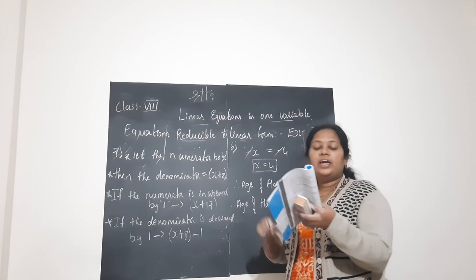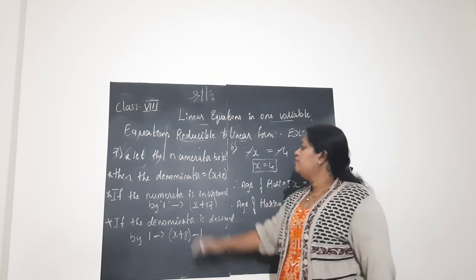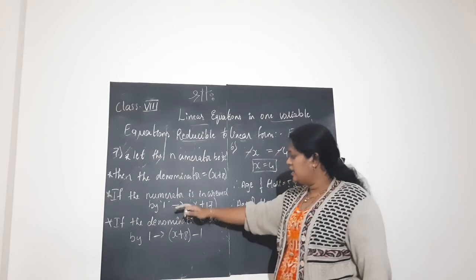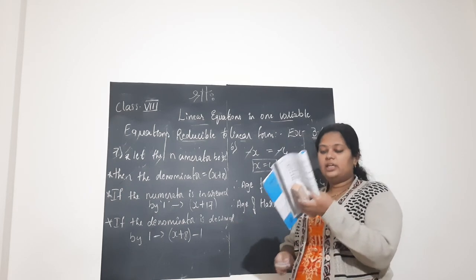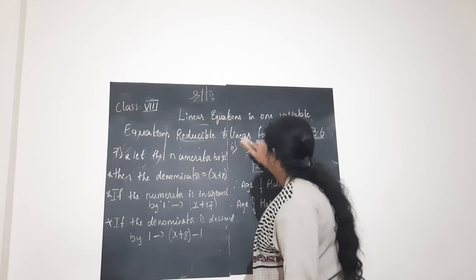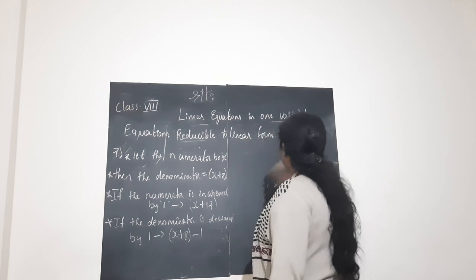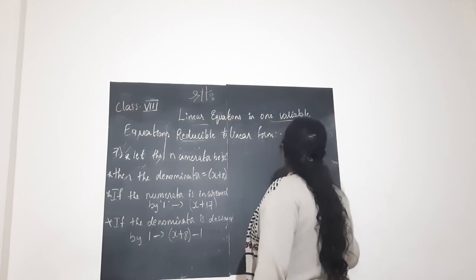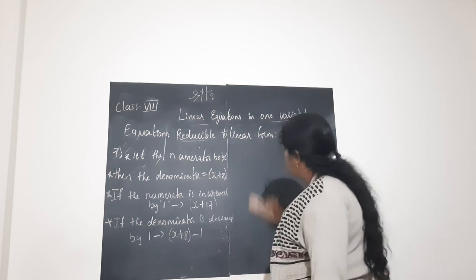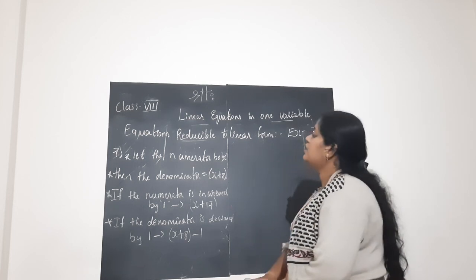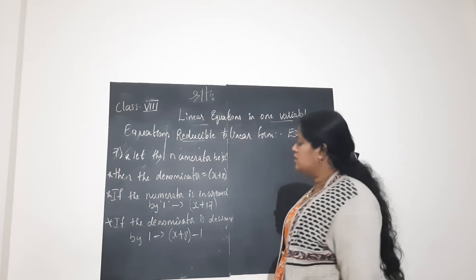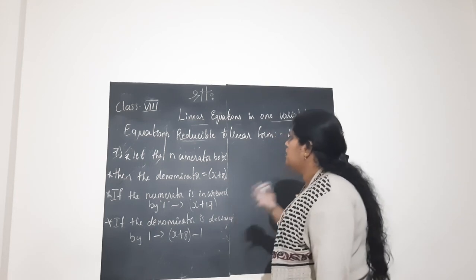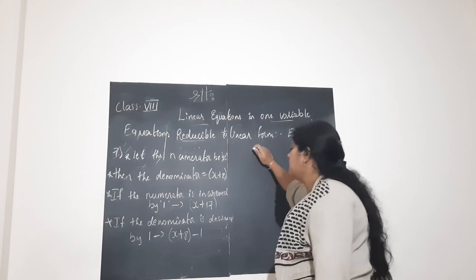The number obtained is 3 by 2. So if you increase the numerator by 17 and decrease the denominator by 1, the number you get is 3 by 2. Find the rational number. So we need to find the rational number, children. You know that any rational number is in the form of p by q, where the denominator is not equal to 0 and p and q are integers. So based on that concept, we can expect some rational or fraction number here.